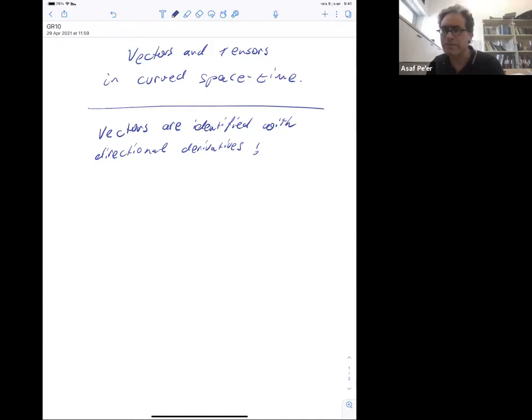We limit ourselves to something that looks flat if you look close enough, right? And because of this property of a manifold, we can always locally find a coordinate system